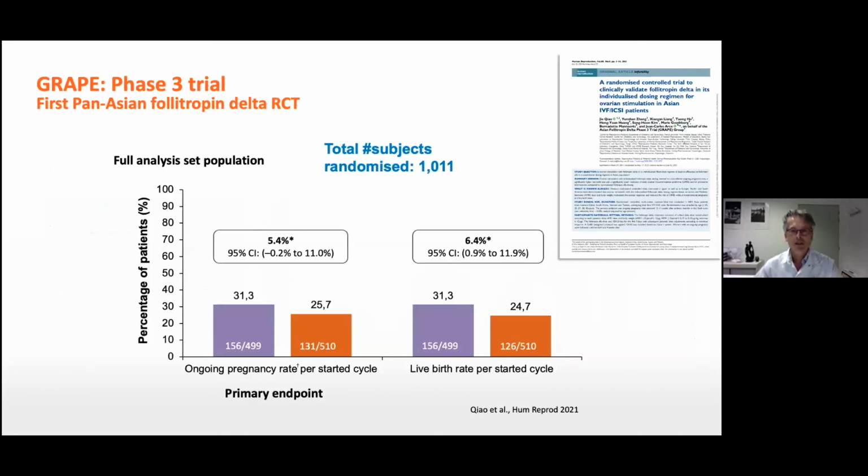Now, to test the safety and efficacy of Follitropin delta in other ethnic groups, an RCT in more than 1,000 women was conducted in Asia. And again, Follitropin delta was non-inferior compared to Follitropin alpha in terms of ongoing pregnancy rates, which was the primary endpoint. Women with Follitropin delta had even a significantly higher live birth rate, although the study was not designed to assess